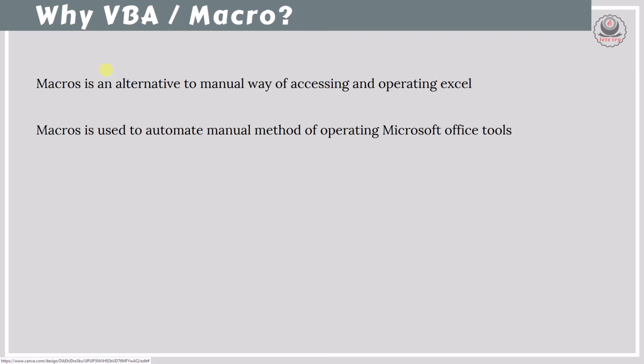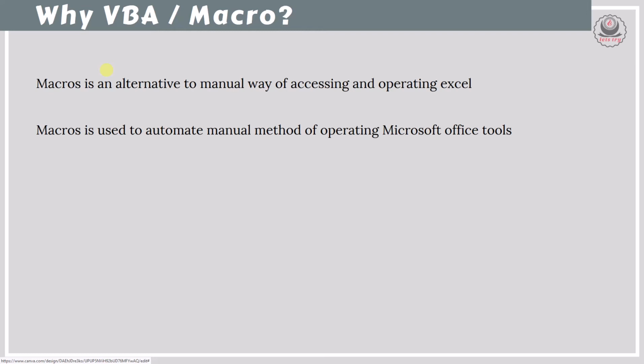There is another alternative called the VBA or macro way, where I can write an instruction on what is to be done. I will write an instruction: open a new Excel, name the Excel, create a new sheet, rename the sheet, select a cell, write the text, and color it in the color we want. So we are giving instructions instead of using the mouse. This is the automated way.